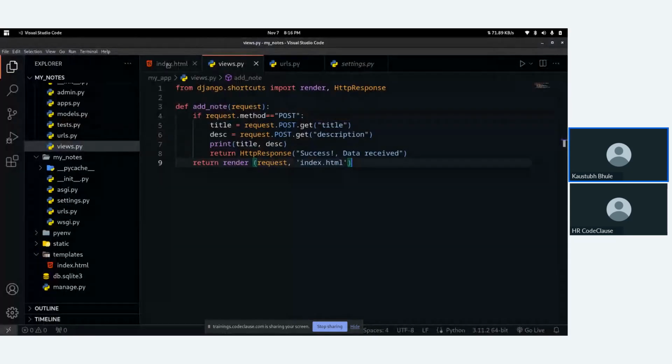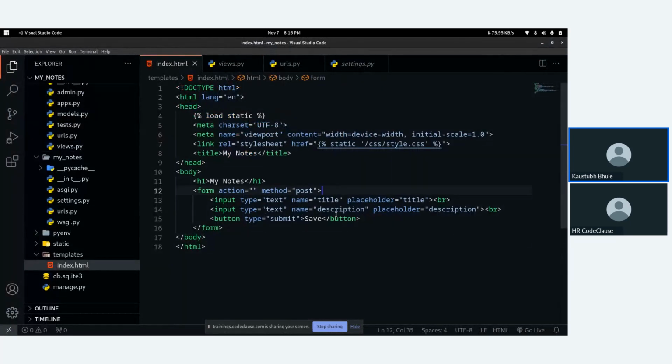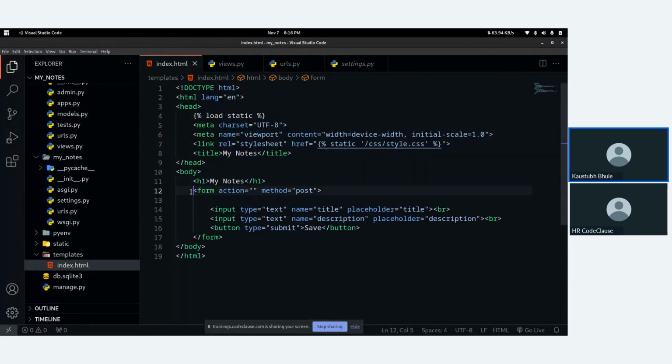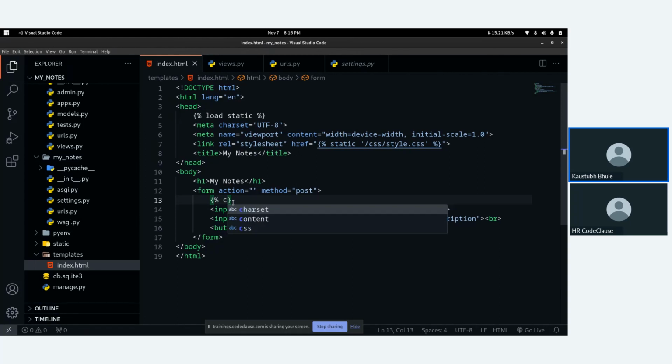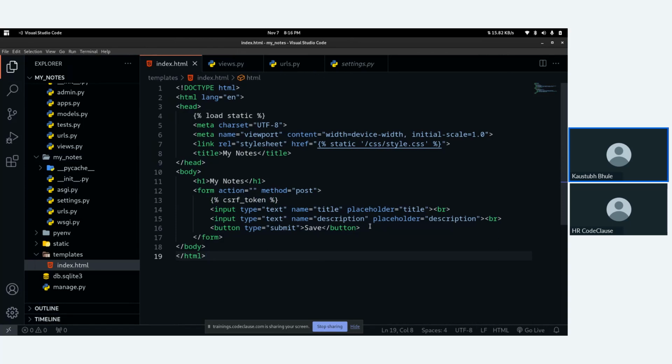Okay, and let's forward to say one more thing. Whenever you are working with forms in Django, you need to add one simple CSRF token here. CSRF stands for cross-site request forgery, which, from a cybersecurity perspective, is a vulnerability or attack. We need to add a CSRF token. So for each form, the client gets a separate, unique CSRF token to validate.